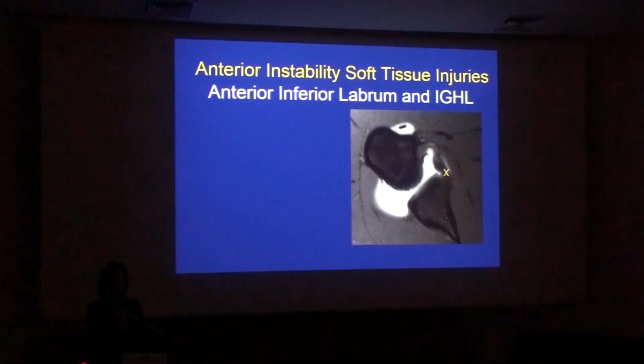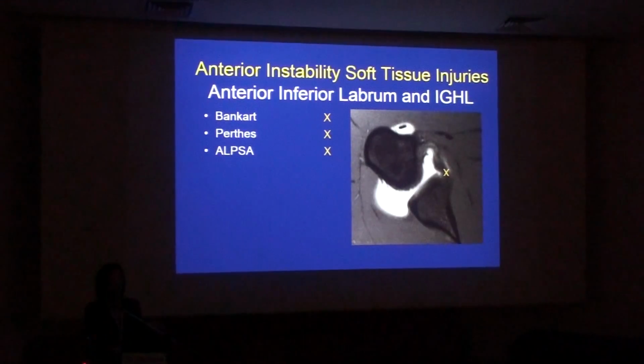On the antero-inferior glenoid, where the yellow X is, we have the antero-inferior labrum. So you're going to get a Bankart labral tear, or a variant of the Bankart, such as a Perthes or an ALPSA. You can also get a tear that is associated with a cartilage abnormality adjacent to the labrum called a GLAD lesion. Sometimes with instability, sometimes just from adduction and internal rotation of your shoulder when the humerus hits